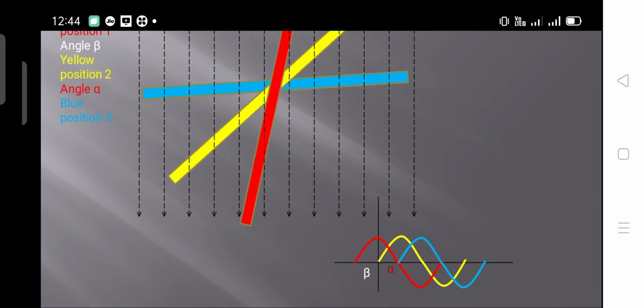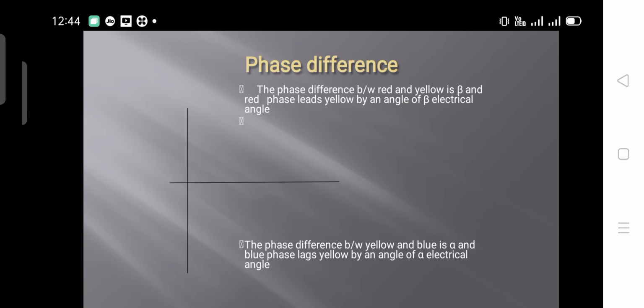Let me explain this concept in detail in the next slide. Again, I am considering the three waveforms here. First, coil 1 is going to have the EMF induced, represented by the red color, and after a delay of beta, the yellow waveform is going to be generated, because this time angle difference happens because of the position of the coils in the magnetic field. They are placed such that the time angle difference between them is beta.